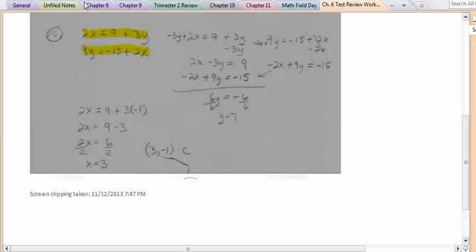We need to make sure that the x's are lined up and the y's are lined up. And the x and the y aren't lined up here, so I need to move things around. So I'm going to move my y to this side so that it can be